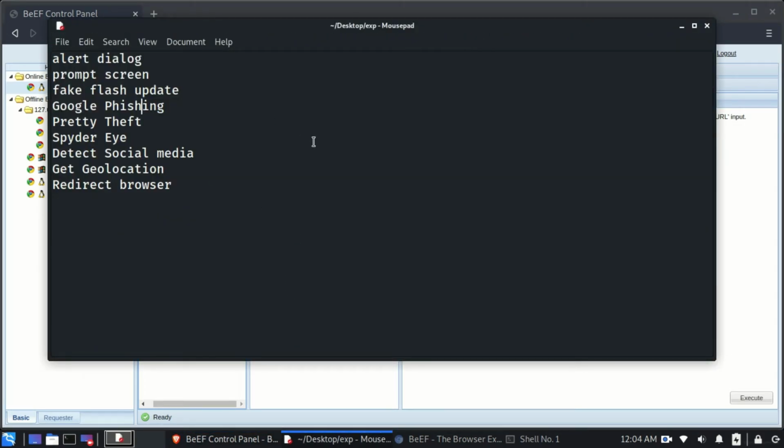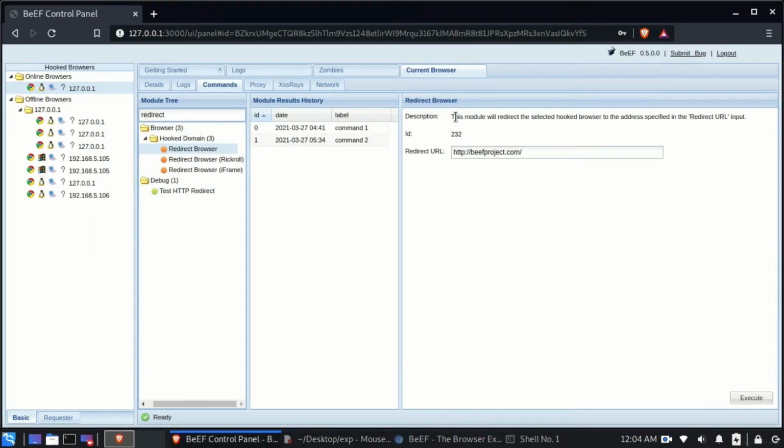You can also check out the other commands here, because I have told you how you can see which commands are working and which are not. So you can try and test all these commands and see if they are working or not. I will also provide some additional links in the description which you can go and check out, and it will give you some more useful and additional information about the BeEF framework.